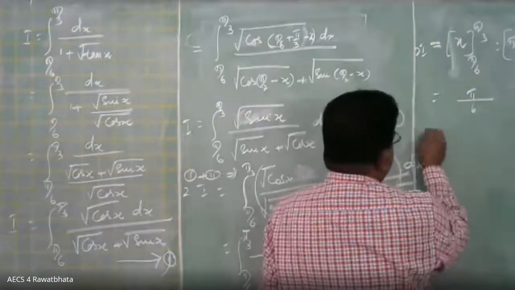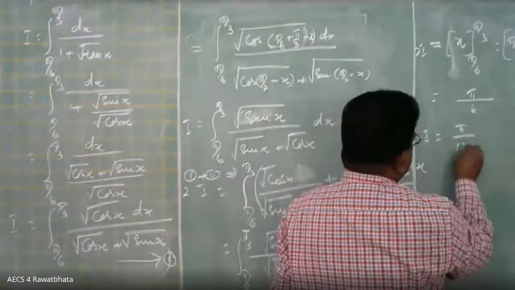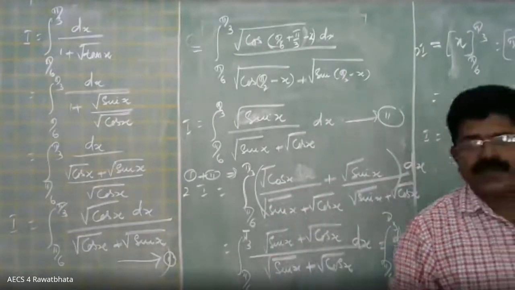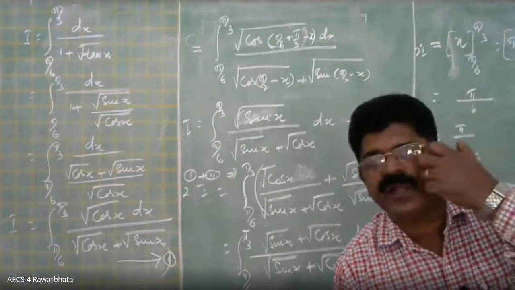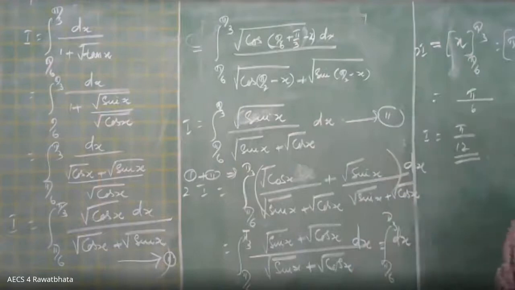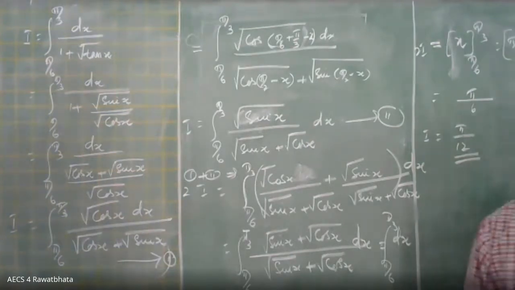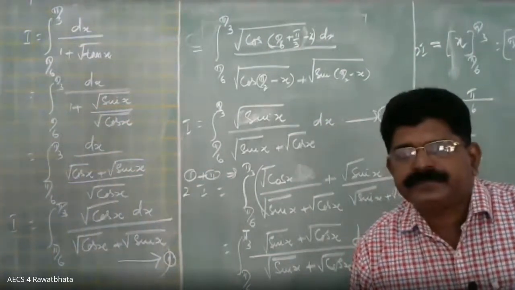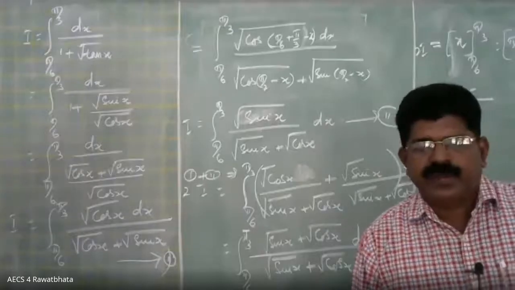So yours is the what? I. So I is pi by 12. Pi by 12. Got it? Pi by 12. Many of you done or not? Got the point? Go through it. Yes, very interesting question. One question. Next one. This you got, all of you? Divyanshi Jain, got it? Yes, sir. Okay, very good.